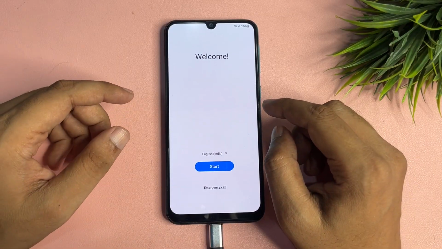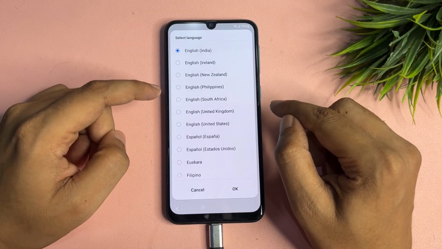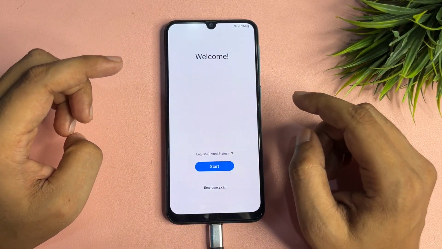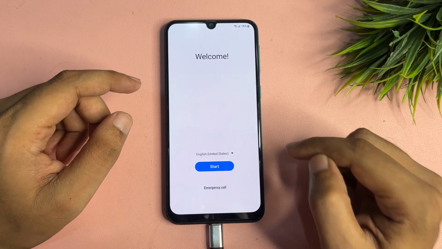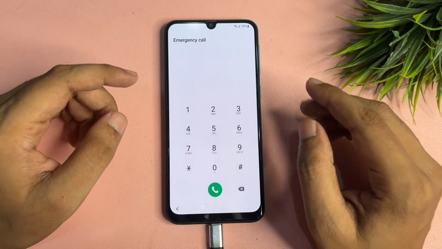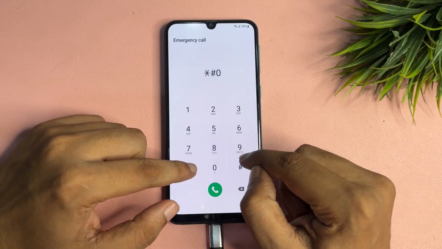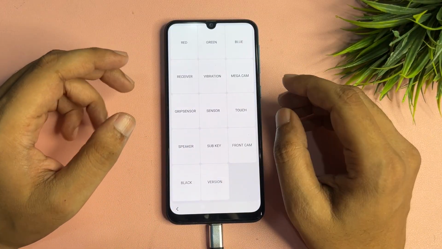Okay, so firstly you will have to change your language from English India to English US. Then you will have to tap on this OK option. Now you can see you're getting another option that shows emergency call. Simply tap on this one, and dial a special USSD code, that is star hash 0 star hash, and when you tap star hash 0 star hash, you will reach